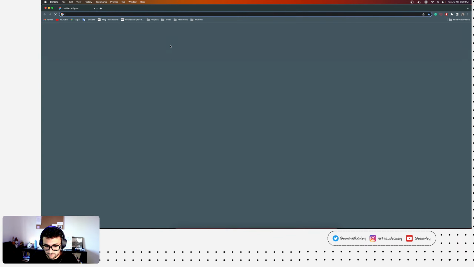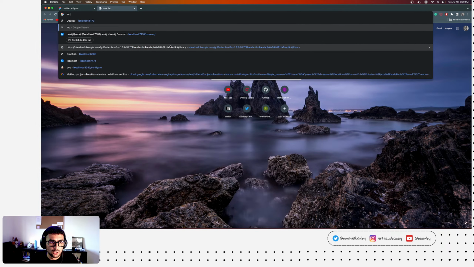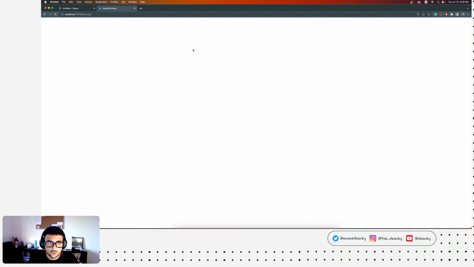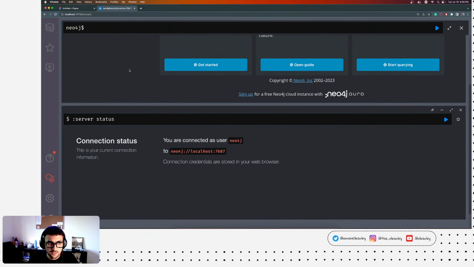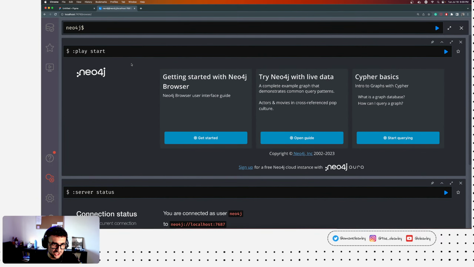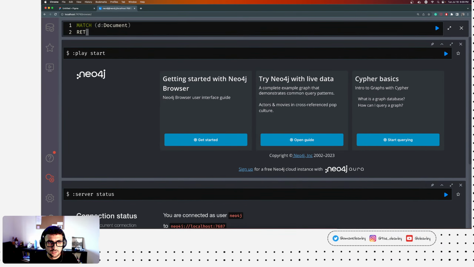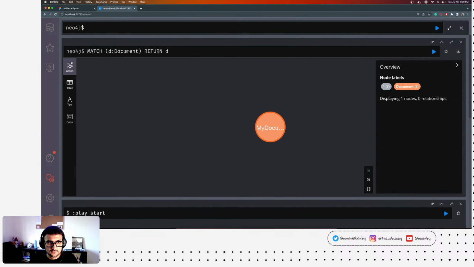So now if we visit localhost 7474, we had our local instance of Neo4j, and it's cached in my browser. So if we did MATCH the document and we return the D, there you go. Great.